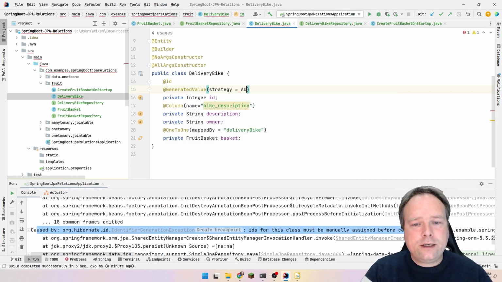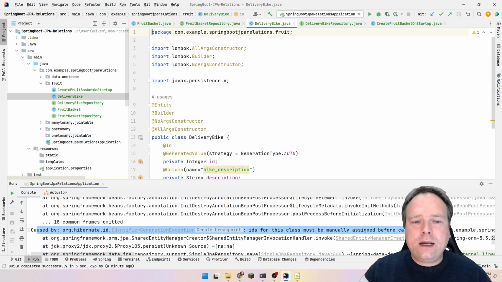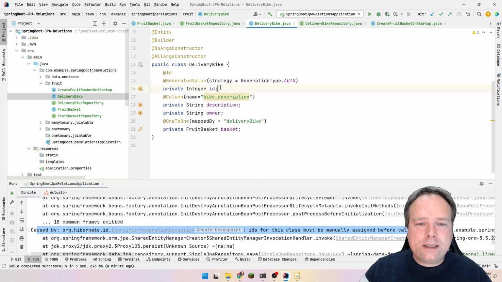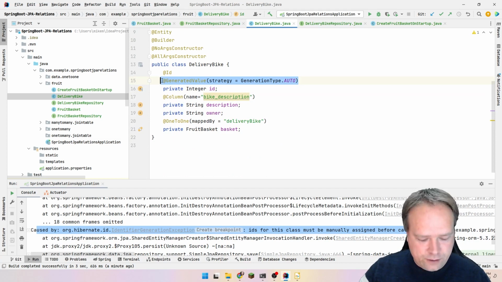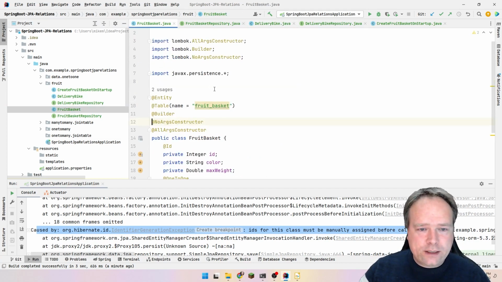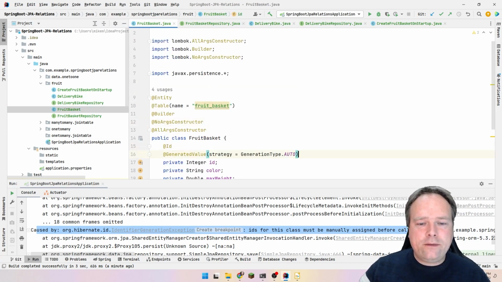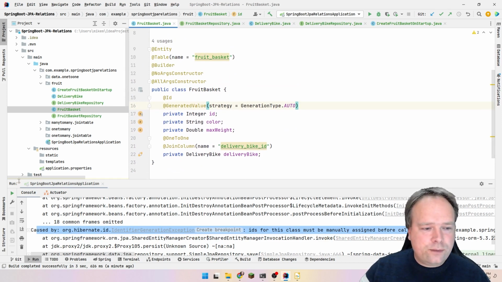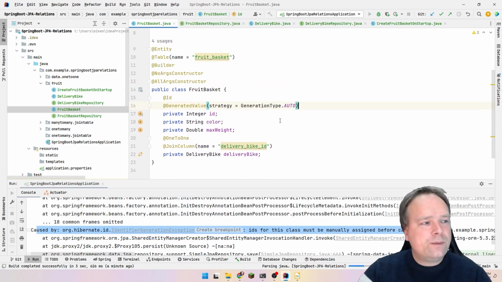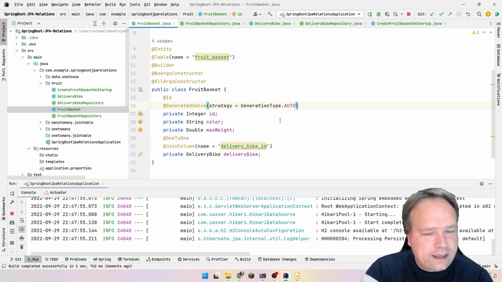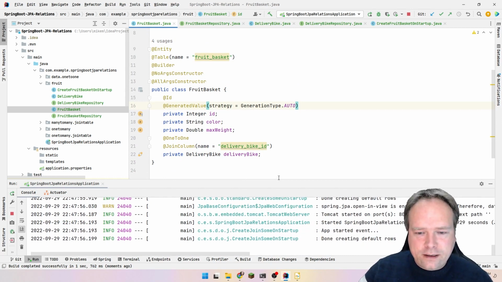We will set the strategy to auto, and this means that now we will actually get an ID automatically generated for the delivery bike, and of course we also need that for our fruit basket right here. Generator value, strategy type also, and then we try to start again. So that is a classic to forget, and this generation type also means that the JPA will actually choose what kind